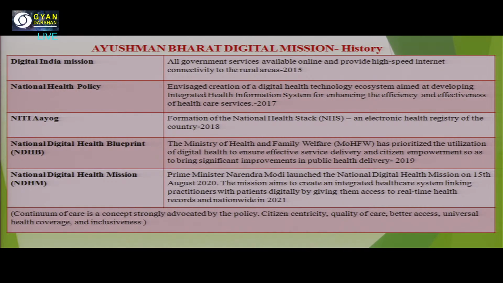नेशनल हेल्थ पॉलिसी के बारे में आप सबने अभी तक पढ़ लिया होगा, ये 2017 में आई है और नेशनल हेल्थ पॉलिसी में इसके बारे में बहुत विस्तार से लिखा हुआ है और ये कहा हुआ है कि it envisage the creation of digital health technology ecosystem which aimed at developing integrated health information system for enhancing the efficiency and effectiveness of healthcare services. तो हमारे हेल्थ केयर सर्विसेज में बहुत सी कमियां हैं, उनकी एफिशिएंसी और इफ़ेक्टिवनेस कि आपका इंफॉर्मेशन फास्ट फ्लो हो, सेंटर से सेंटर की तरफ आपकी इंफॉर्मेशन की स्पीड फास्ट हो, एक्यूरेट हो, और आपस में इंफॉर्मेशन एक्सचेंज बहुत फास्ट हो। इसके लिए हमें आपके सारे हेल्थ प्रोवाइडर और हेल्थ बेनिफिशियरी एक प्लेटफॉर्म में आएं।